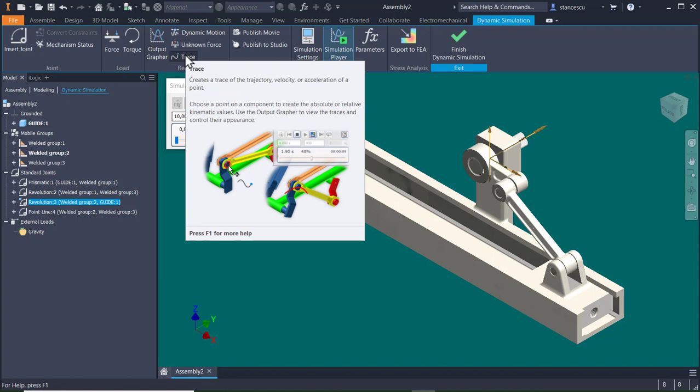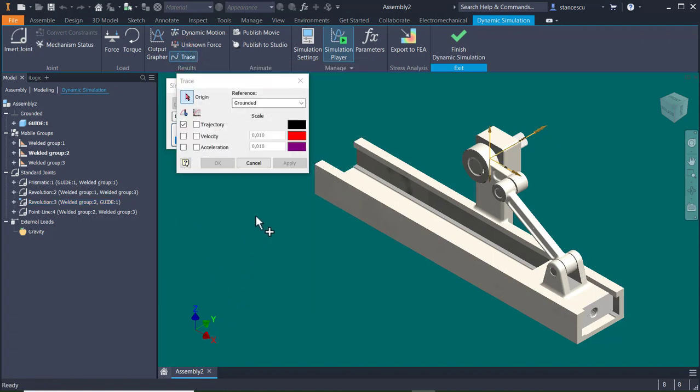For instance, I want to see the speed of the slider. This is the point I want to study, and the value is velocity. Do you want to see the trajectory? This is trajectory, this is graphics. Yes, I want to see this. It will be a line, only a line. Apply, and another